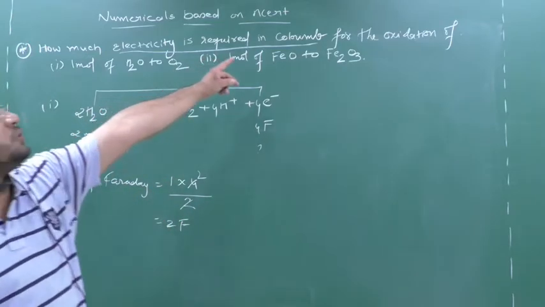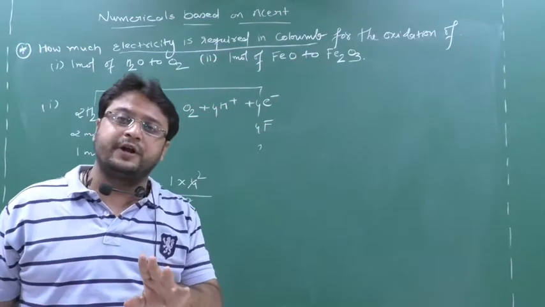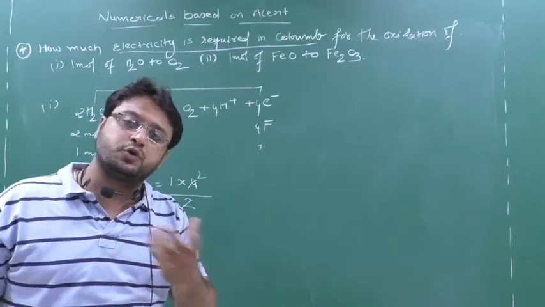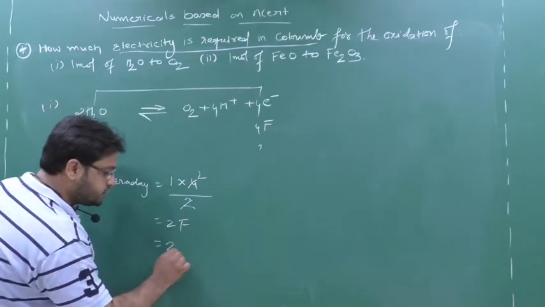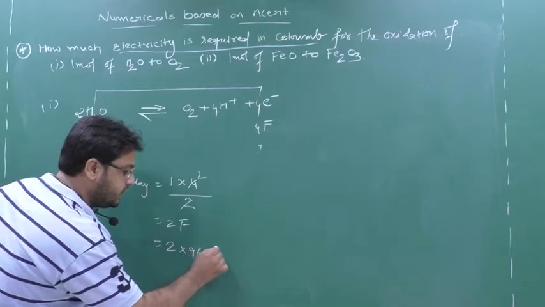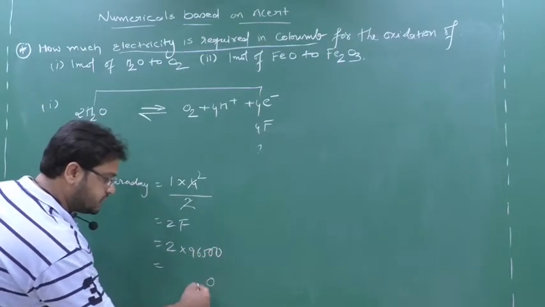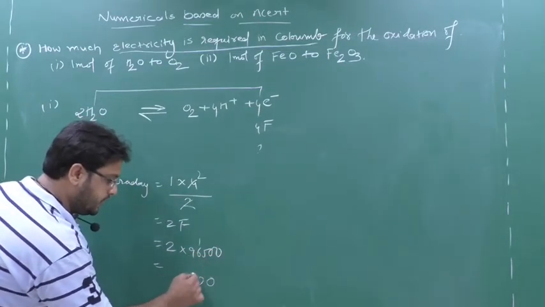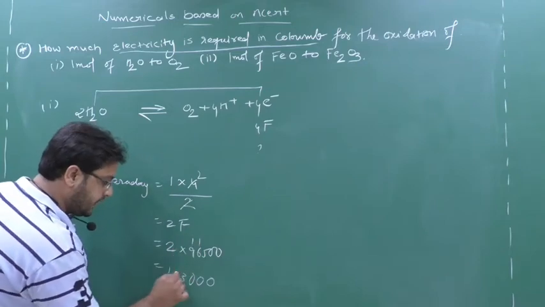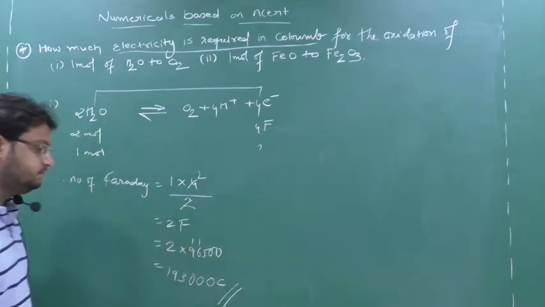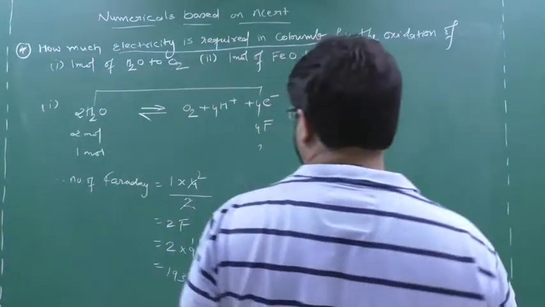But they asked the question in terms of coulomb, and you know 1 Faraday equals 96500 coulomb. So 2 Faraday means how much? 2 into 96500 coulomb. So I will get the answer 193000 coulomb. Clear this part? So this will be your answer. Second